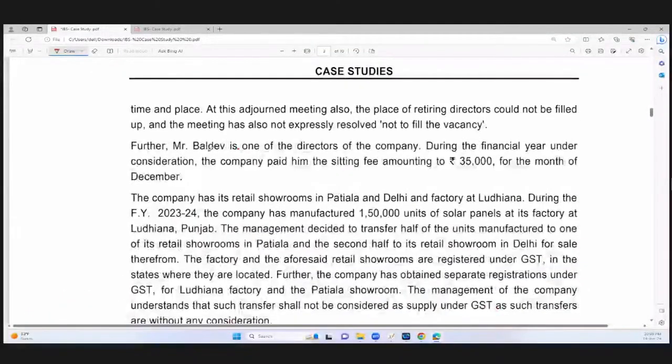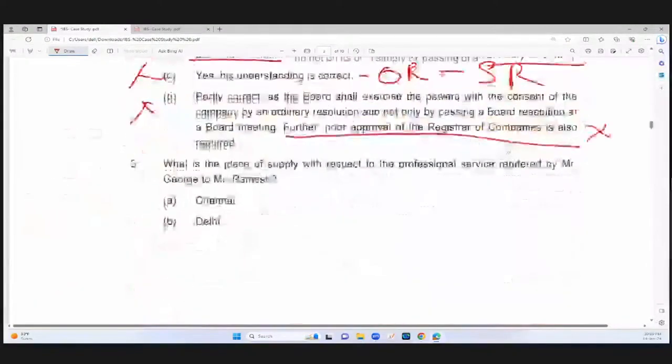दिस इज फर्दर, मिस्टर बलदेव इज वन ऑफ द डायरेक्टर्स। बलदेव कौन है? वन ऑफ द डायरेक्टर्स ऑफ द कंपनी। और ड्यूरिंग द फाइनेंशियल ईयर आप देख रहे हो कि उसको सिटिंग फीस पे हुई है स्टूडेंट्स। अब यहां पे डायरेक्टर रेम्युनरेशन की अगर मैं बात करूं, अब क्वेश्चन देखते हैं क्या उसने फ्रेम किया।